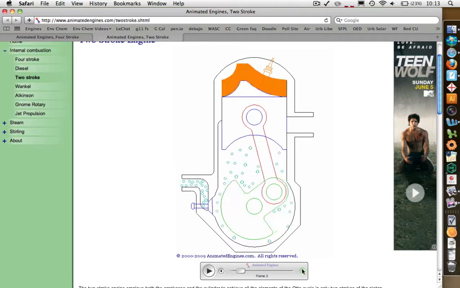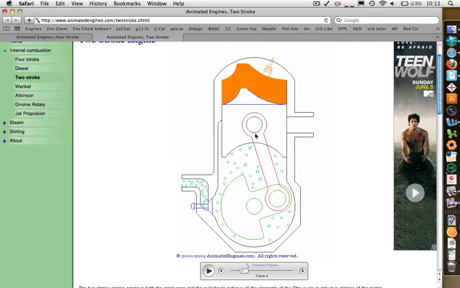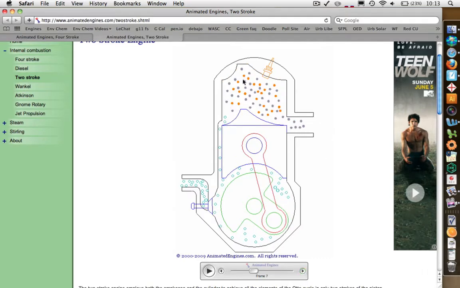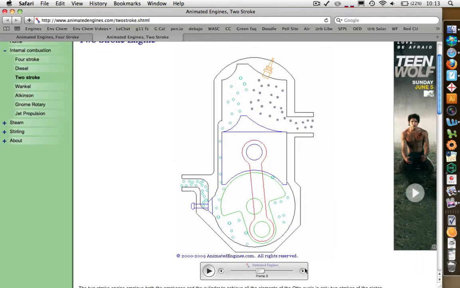It starts off from there, it moves down, pushing the piston downward and then turning the crankshaft at the bottom. Okay, so now check this out. Here's how it exhausts. Instead of an actual valve opening, it just goes out through the exhaust port. So there we have all of our exhaust starting to move out, and as you can see it coming out,